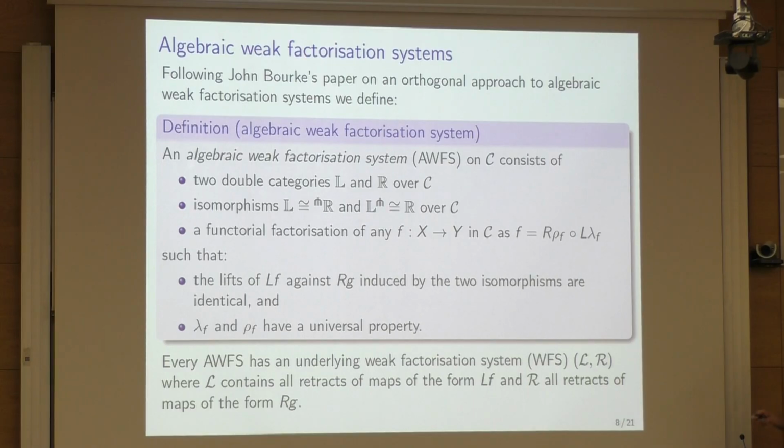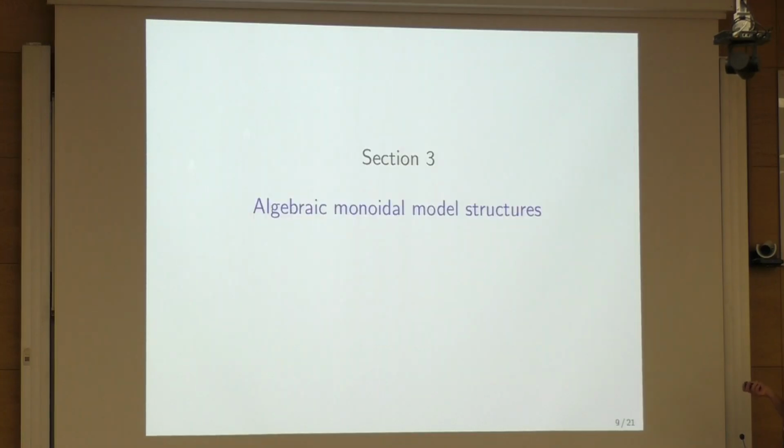And you can always get a genuine weak factorization system from such a weak factorization system by taking the retract closures of the left maps in L and R. But